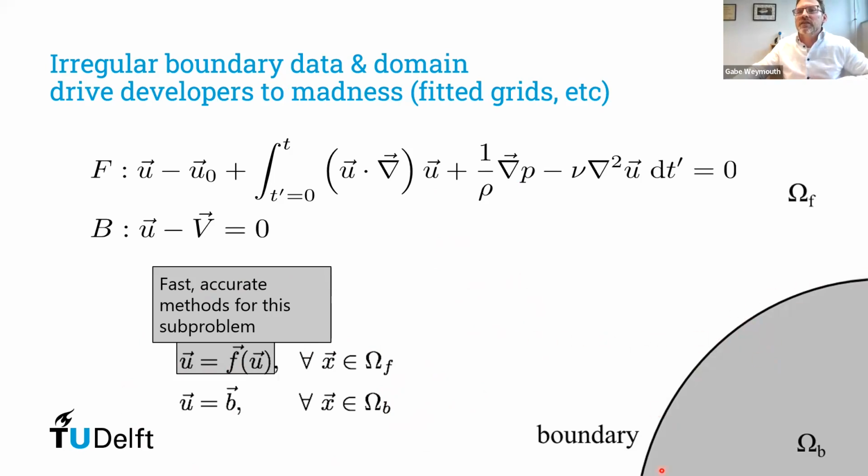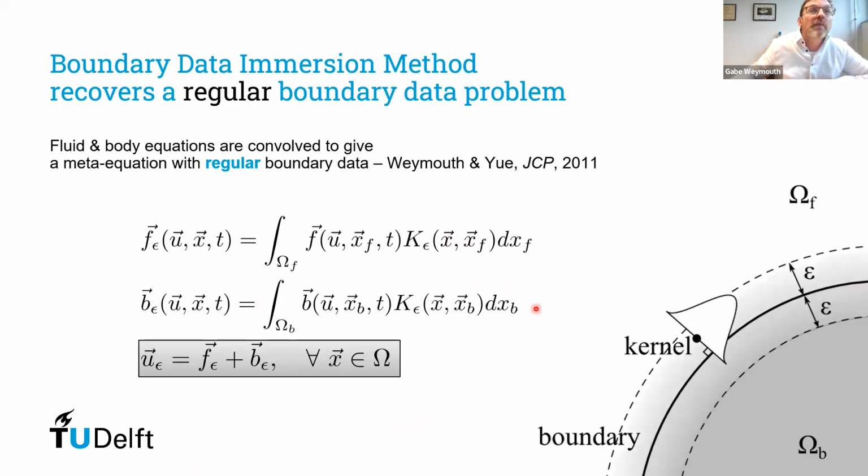Our domain is irregular and our data type is irregular. So the boundary data immersion method is the approach I developed. There are other kinds of Cartesian grid approaches, but I'll explain this one because it's the one that we've been using. The idea is that we convolve those two equations so that you get a meta equation with regular boundary